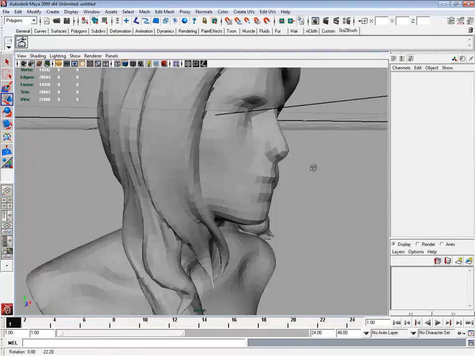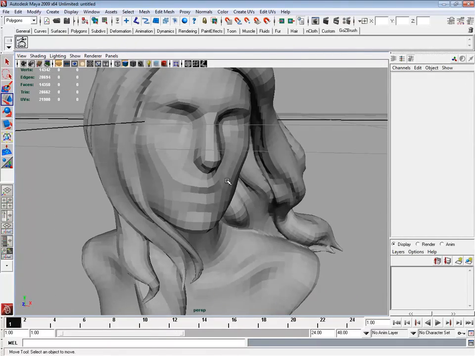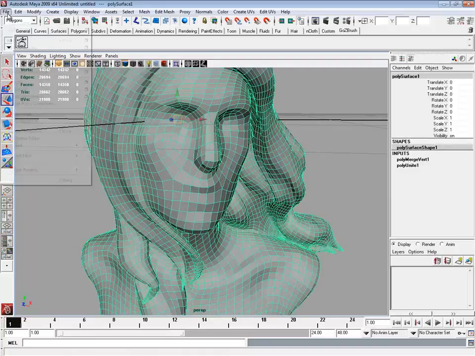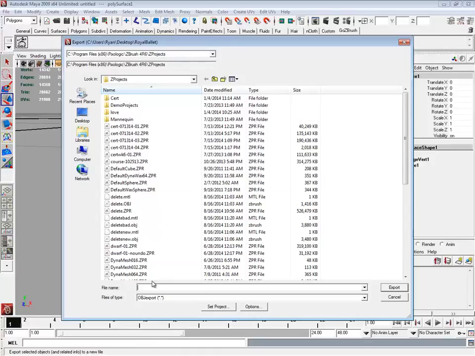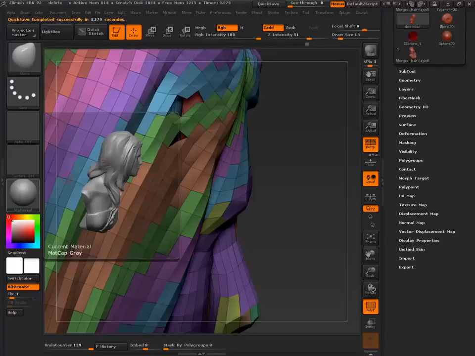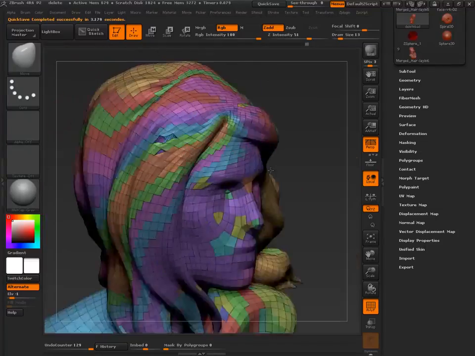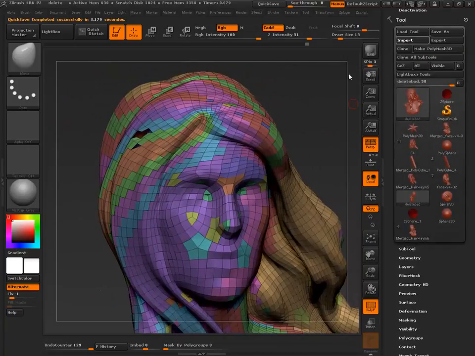Okay, I don't know what kind of problems that will have created, because some of these vertices will have been very close to each other. But let's just take this and see. So export selection, delete, and let's say combined. Come back in here. And I'm just going to import it straight.